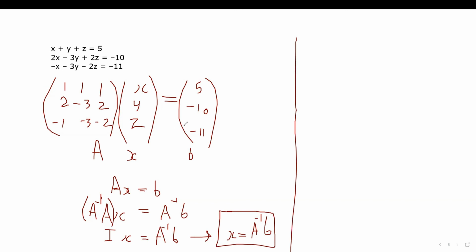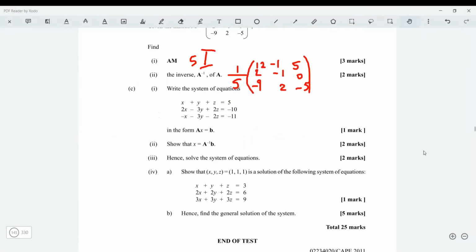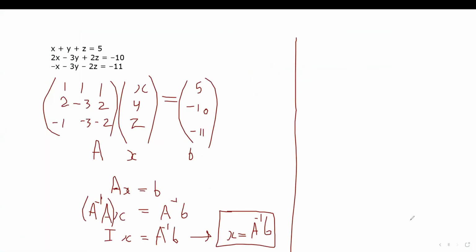Now the next part says hence find X, hence solve the system. So since they say hence, I'm supposed to use what we have. All we need to do is use the inverse times B. So X, Y, Z is equal to A inverse that we wrote down, which was 1 over 5 multiplied by